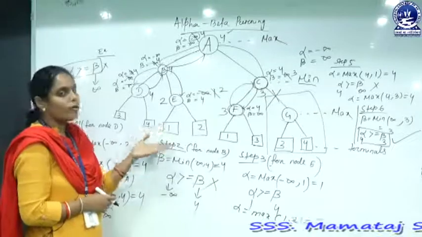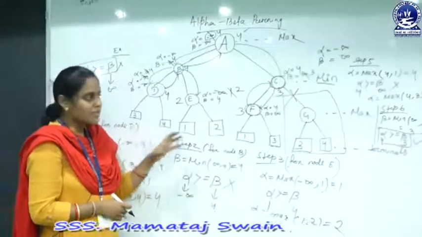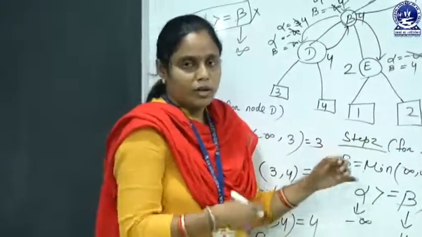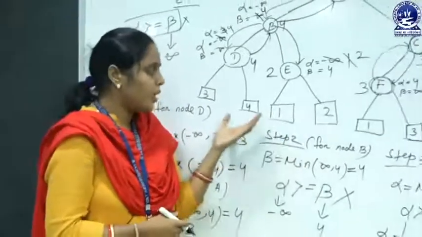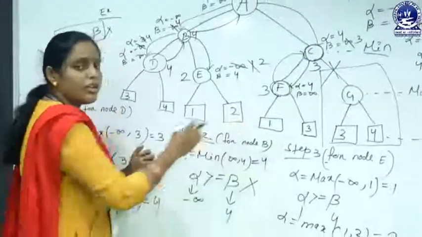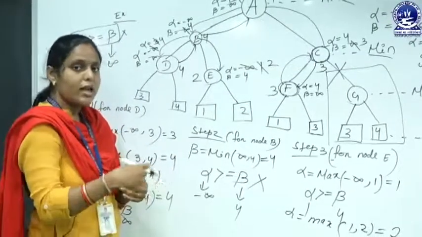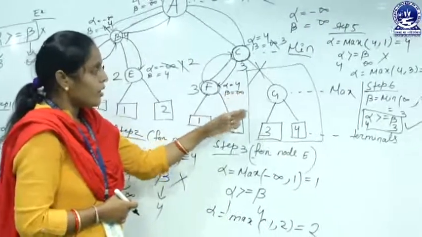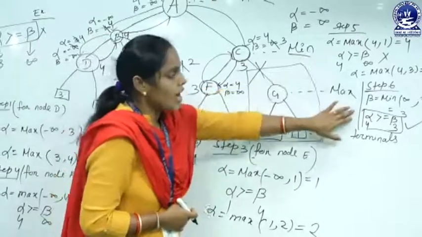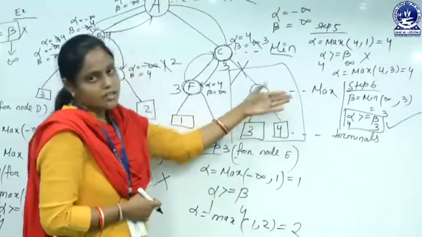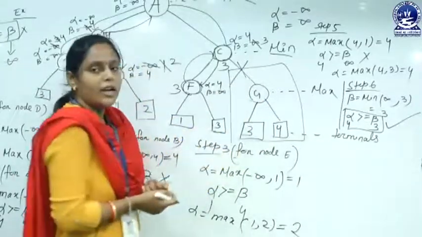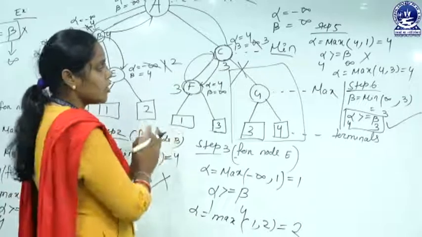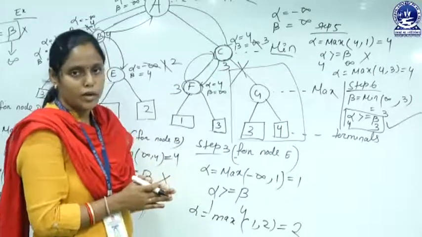This is the main goal of our alpha beta pruning, and this is the advantage of alpha beta pruning over the min max algorithm. Because in min max algorithm, every time we check the individual terminals, which takes more time. But now look at here in alpha beta pruning, when we check this condition alpha greater than beta, then if this condition satisfied, then we can directly eliminate our right subtree or right node, which is the most important factor of our alpha beta pruning algorithm.